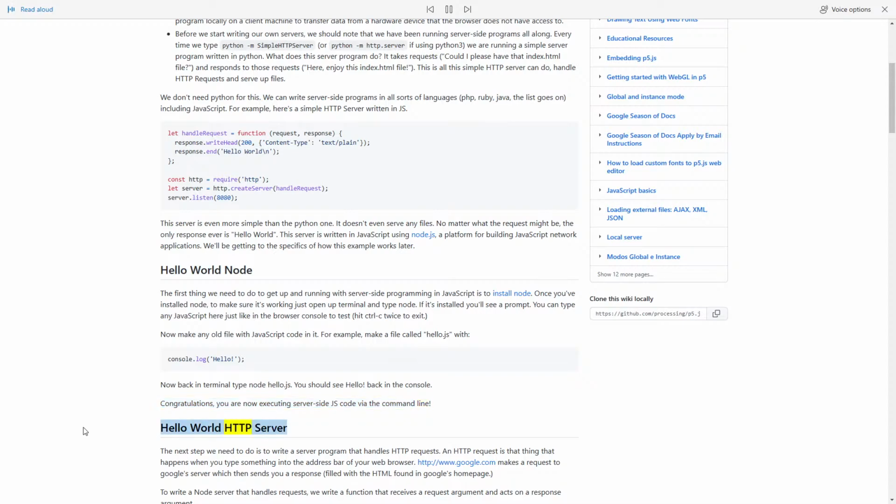Hello World HTTP server. The next step we need to do is to write a server program that handles HTTP requests. An HTTP request is that thing that happens when you type something into the address bar of your web browser. http://www.google.com makes a request to Google's server, which then sends you a response, filled with the HTML found in Google's homepage. To write a Node server that handles requests, we write a function that receives a request argument and acts